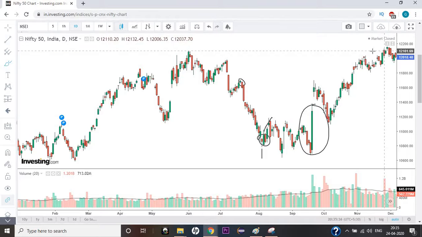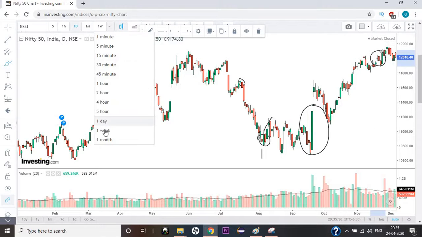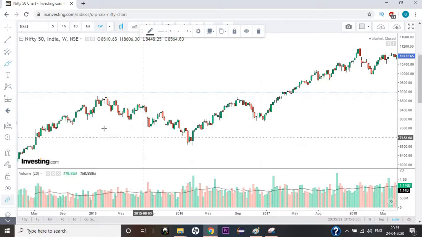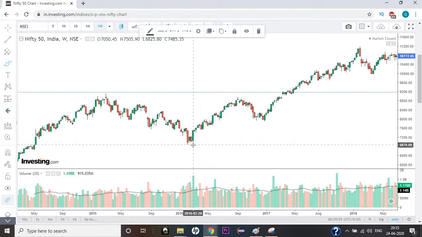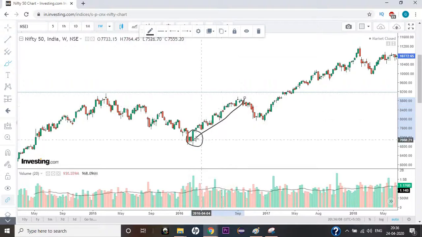Yeah, here as well. It was going below this red candlestick, then a big green engulfing candlestick, and your market goes a bit up, right? Let's try to look at the weekly one. If you are going to go for a trade, let's say holding a couple of days, yeah, a green engulfing candlestick that's engulfing the previous red one, and then you get this movement, right? This is one of the most sought after candlestick patterns that swing traders use.